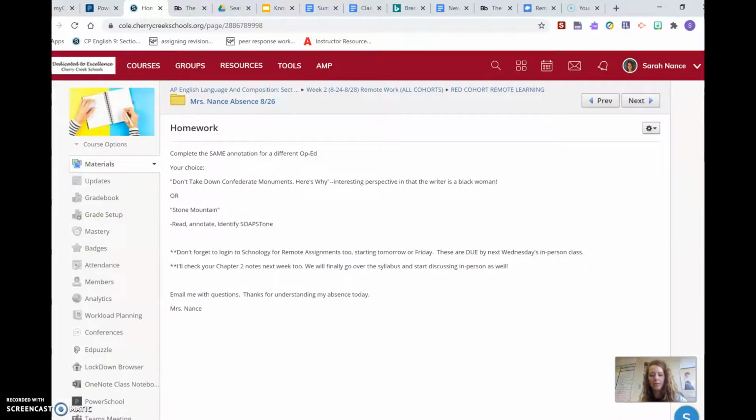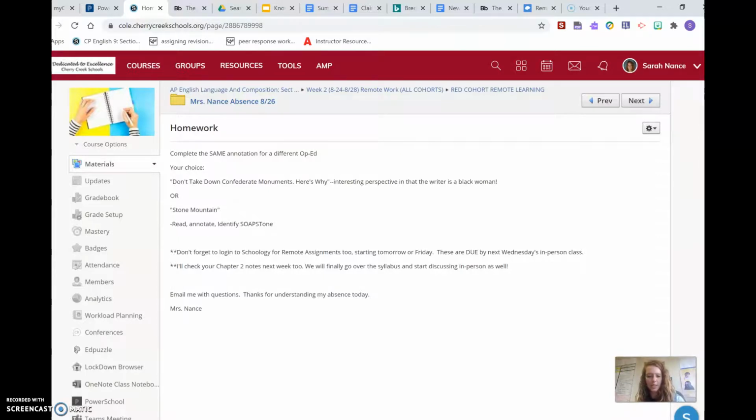And then the other one is about Stone Mountain. There's an engraving of something from the Confederacy, from slavery. And of course, a lot of people want that one to be taken down, covered, changed in some way. So if you want to read one about why monuments should be taken down and historical carvings hidden or covered or changed, then pick that one up. Okay, so you have a choice.